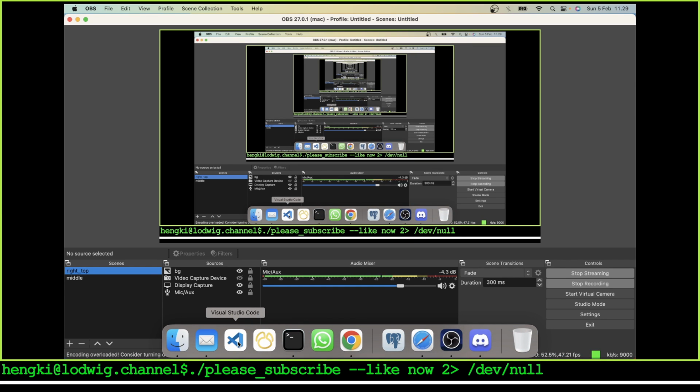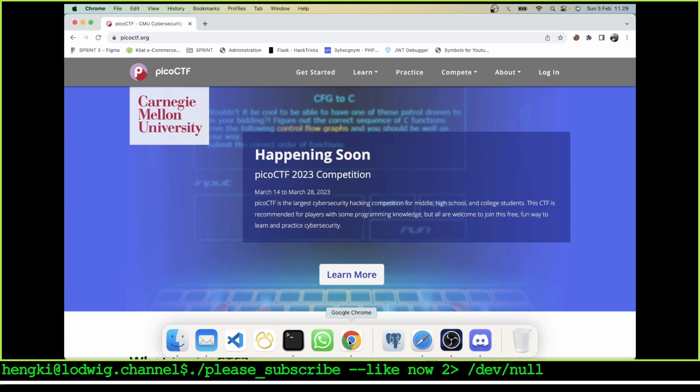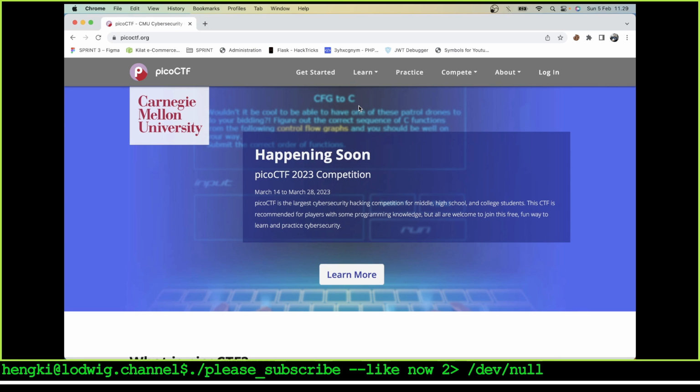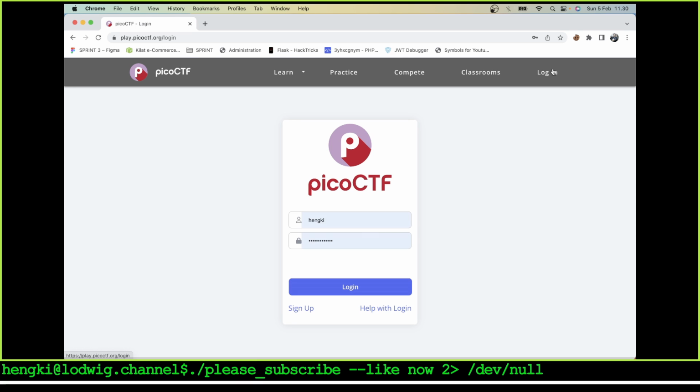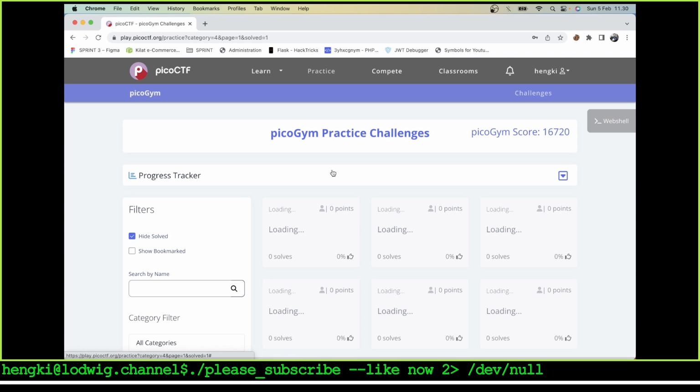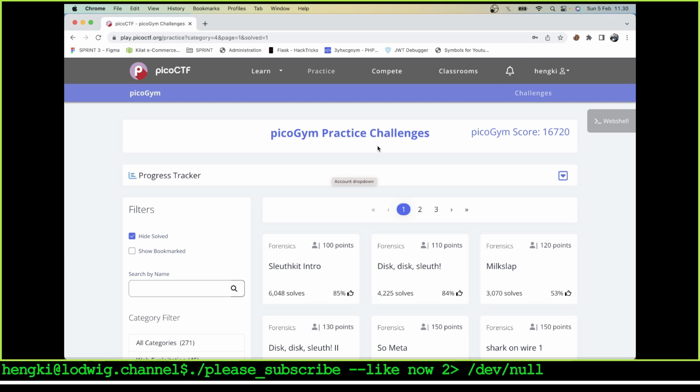I will hide my video and let's go to picoctf.org. Okay, we are on the dashboard page on picoCTF. Let's do login. If you don't have a username or an account on picoCTF, you could register there. And right now we have